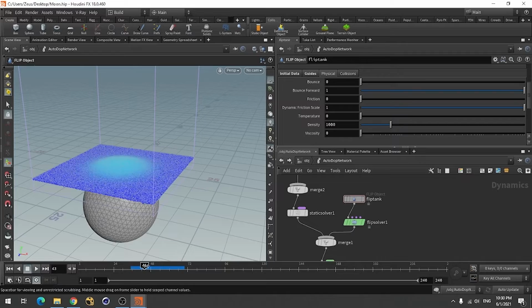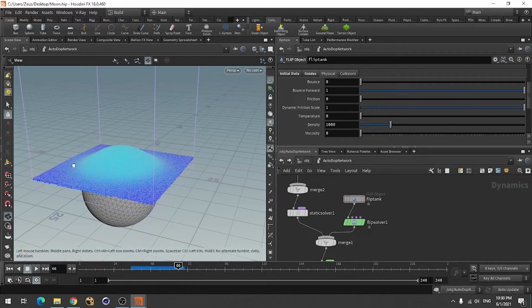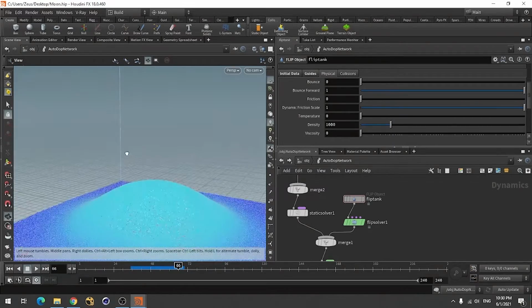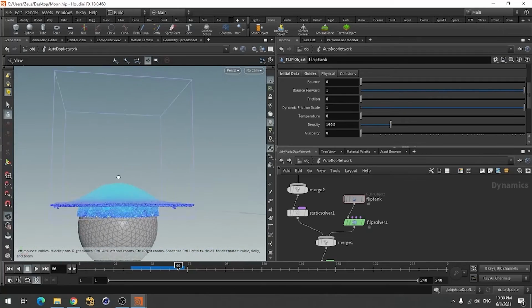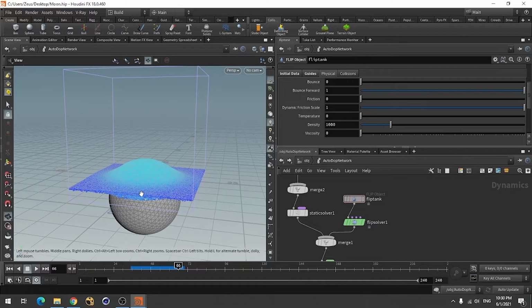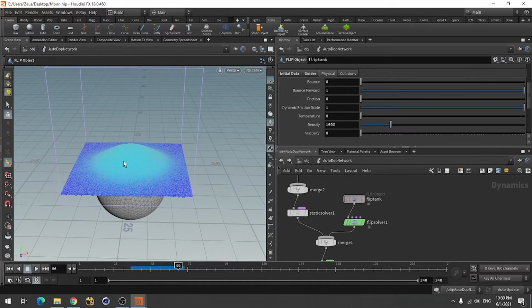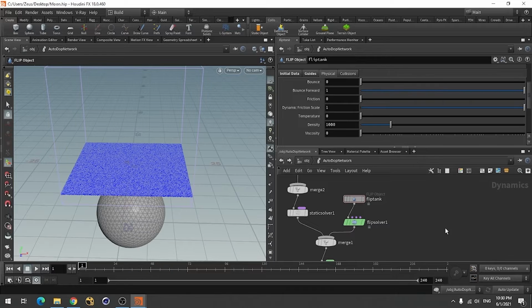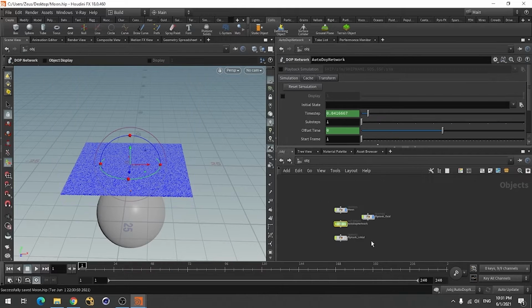Okay, now you can see it is coming up, but it doesn't look very good because it looks like all particles are coming up at the same time. So for this I used some extra velocities to break this specific shape. It doesn't look like this. So for this I am going to create a velocity field, or a custom velocity you can use in here. So for this I am just creating a geometry,